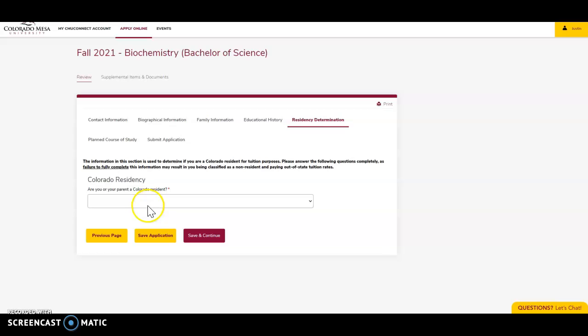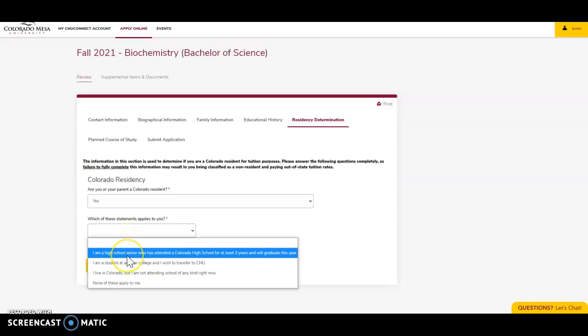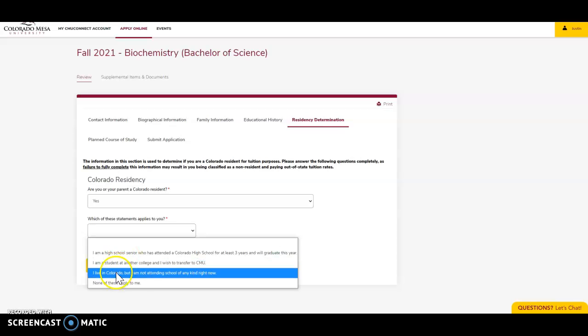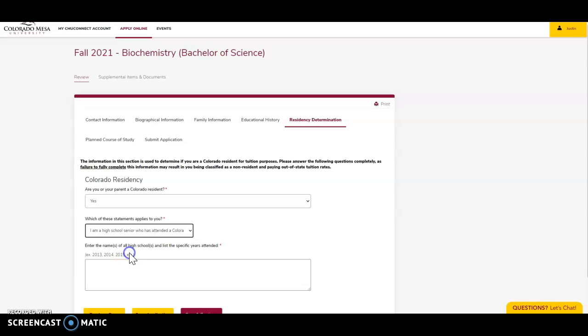For residency, are you or your parent a Colorado resident? Most of you all are, so you're going to select yes. For which of these statements best applies to you, most of you are going to select the statement that you're a high school senior who's attended Colorado High School for at least 3 years. If something is different for you, please feel free to do that, but 95% of you are going to select this option. And you're going to put the name of the high school you have attended, so DSST College View High School,